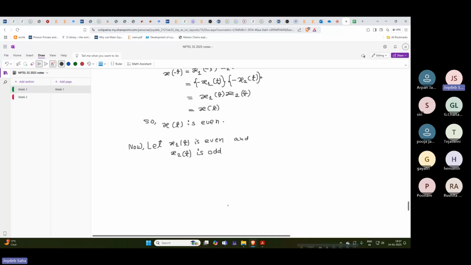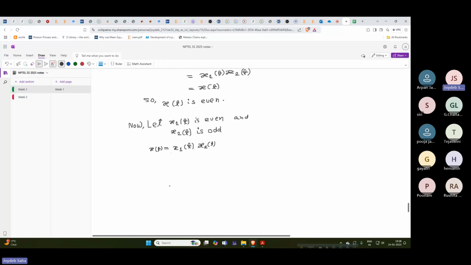So the product of these two, x(t), is equal to x1(t) multiplied with x2(t),